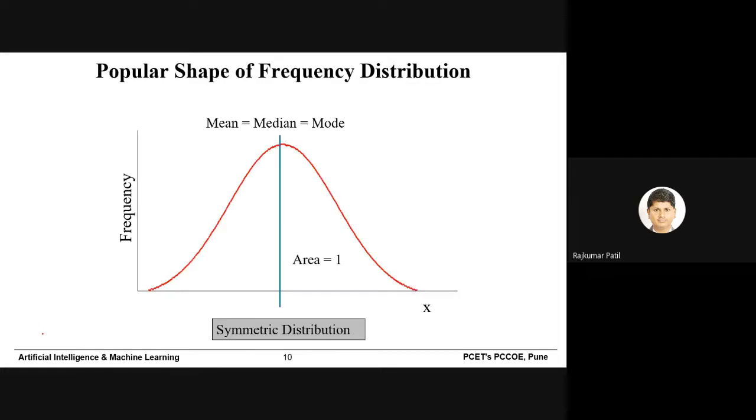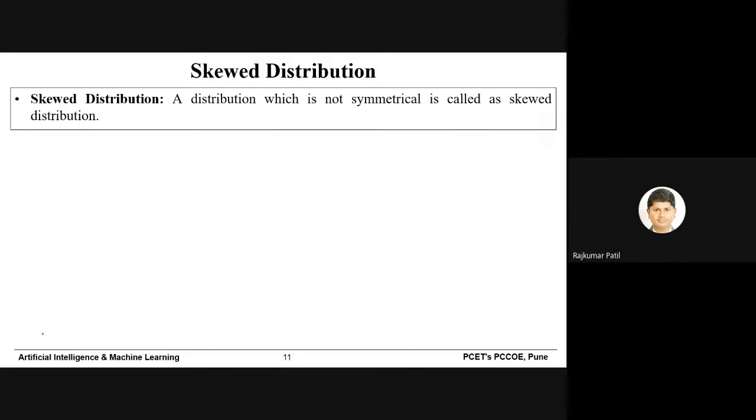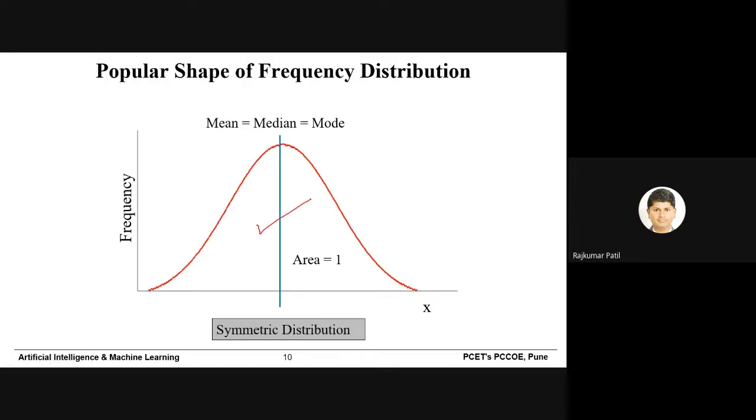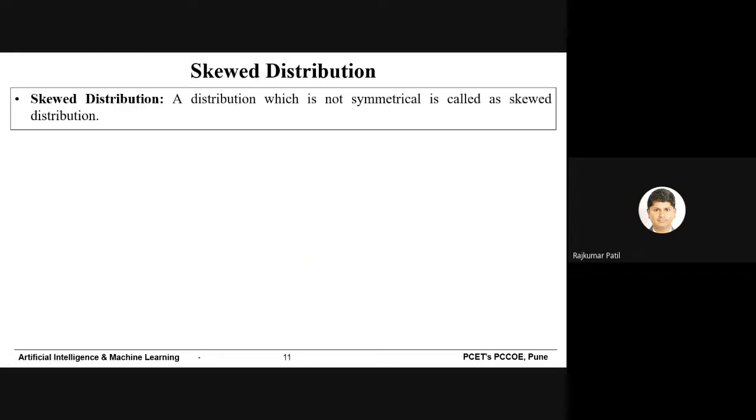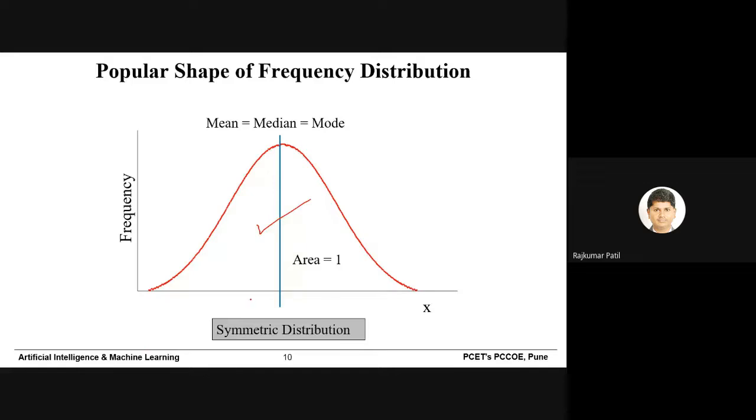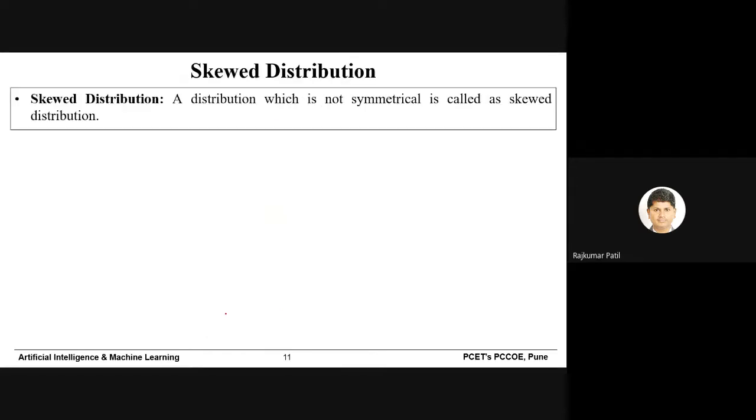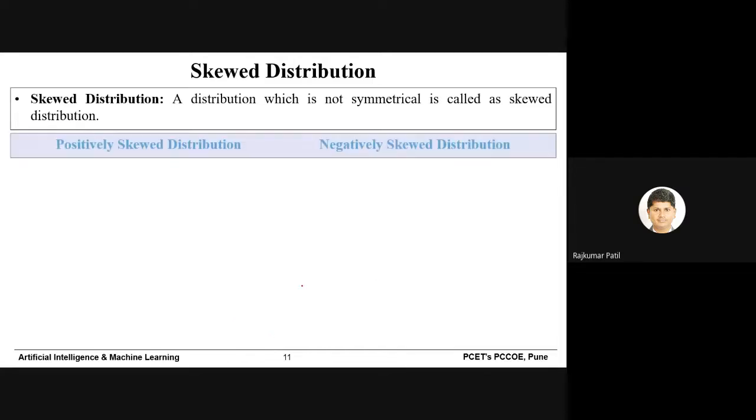Then we will go ahead with skewed distribution, a distribution which is not symmetrical. Symmetrical means this is the standard condition. In most cases it is very difficult to get a symmetric distribution because of the scarcity and availability of the data. So other distributions are called skewed distributions, and it may be positively skewed distribution or